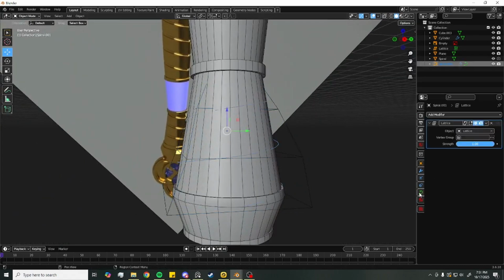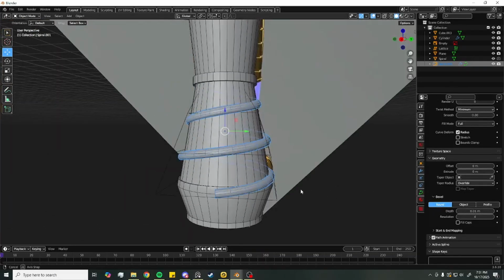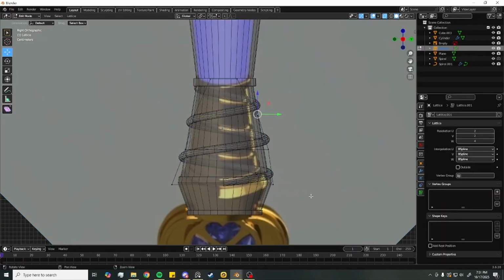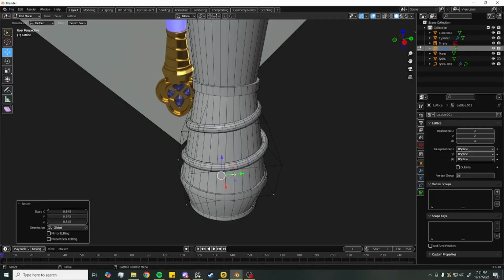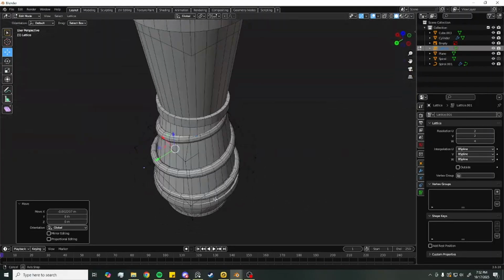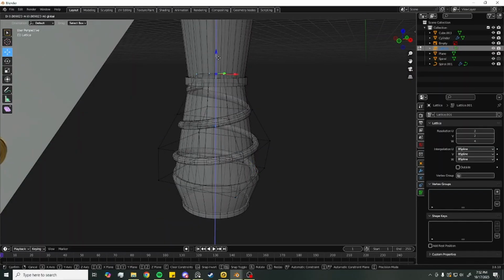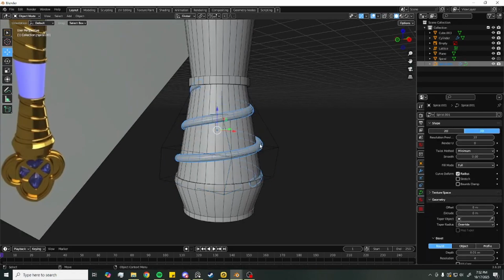Cool. Let me just get the geometry on here so we can see what that looks like. So I can adjust the lattice some more now. And then the top needs some adjustment. And then again, I will take the spline